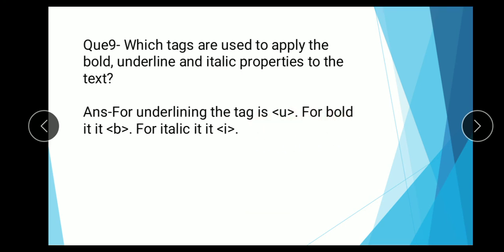For bold, it is B. Tag B is used for bold, and for italic, tag I. When you write text under tag U, then your text is underlined. Use tag B for bold and tag I for italic.